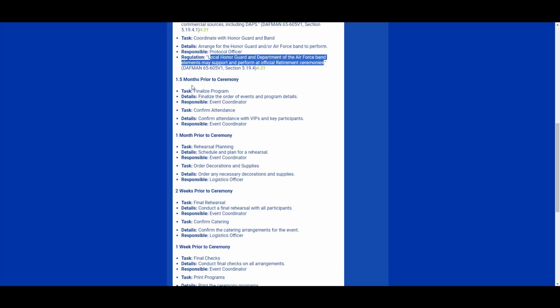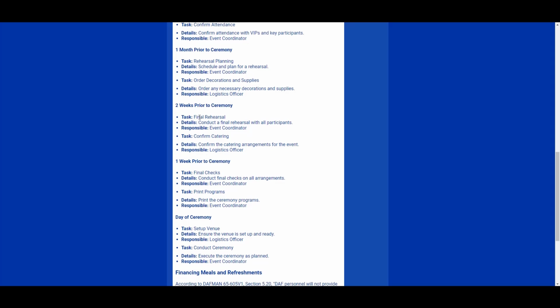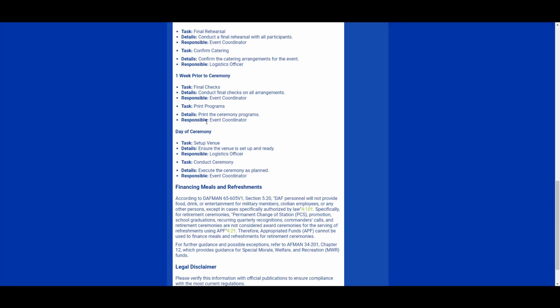About 1.5 months, so 6 weeks out, we'll finalize the program, finalize the order of events and program details, and confirm attendance with VIPs and key participants. 1 month prior, we'll plan the rehearsal, schedule a plan, and order decorations and supplies. 2 weeks out, we'll do our final rehearsal with all participants and confirm the catering arrangements. That'll be on the logistics officer. 1 week prior, we'll do our final checks, and